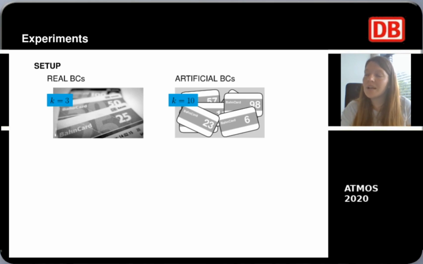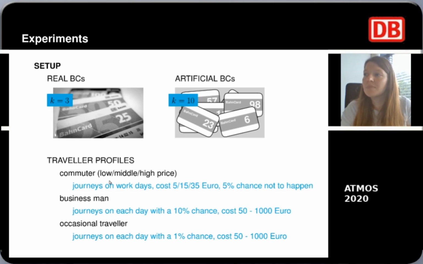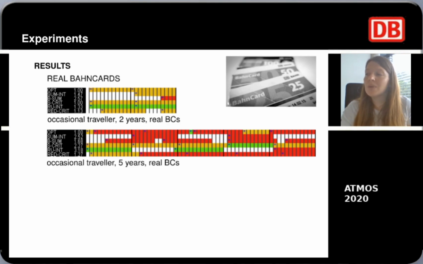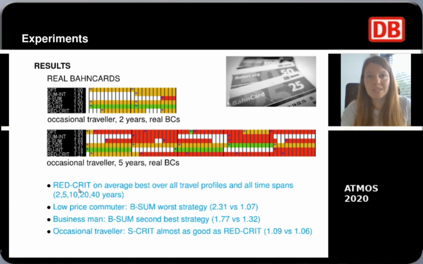So we have the real BahnCards, but also artificial BahnCards, and our journey streams stem from different traveler profiles. And what we observe here, to summarize the results very quickly, is for the real BahnCards, the red grid algorithm is the best algorithm overall, and the B-sum algorithm, although it has provable competitiveness, is sometimes even the worst strategy. Sometimes it's close to the performance of red grid, but red grid was still better on almost all instances. For the artificial BahnCard, we got a more mixed picture and more diverse results, which you can find in